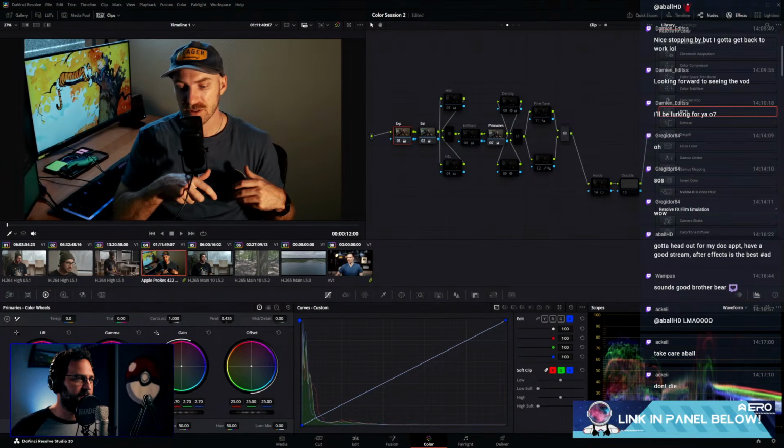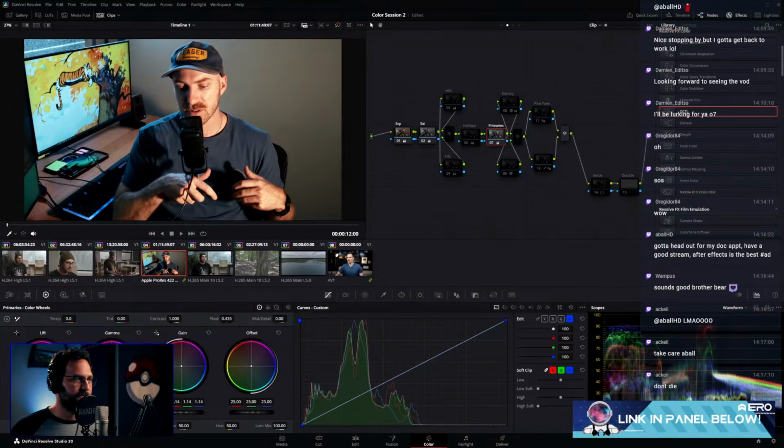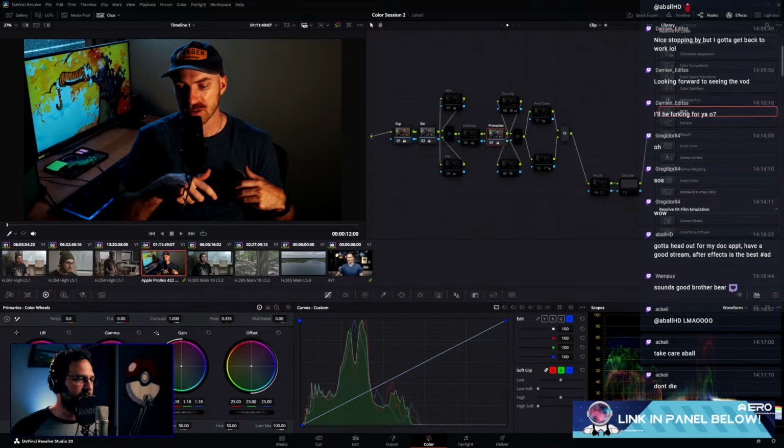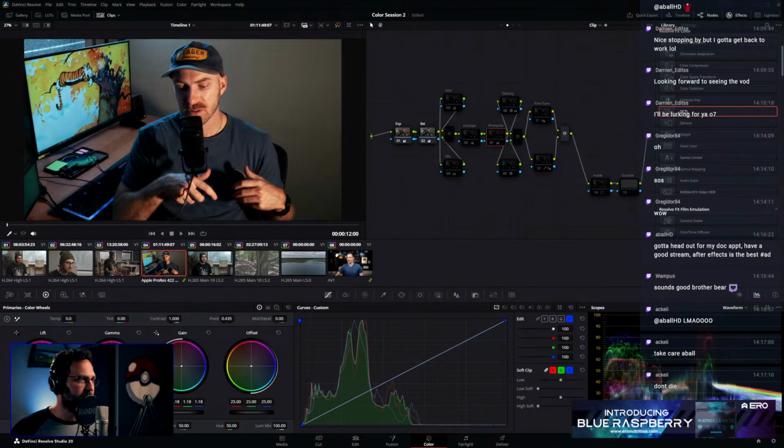Actually, I need to bring this up more. So I have my exposure in place, and I have my balance in place here, to where I get something somewhat normalized. And now I'm building the contrast here. Probably bring my gain up a little bit, maybe not that far. But now the gain and gamma and lift thing, if I'm going back and forth and doing this quickly, I wish I had a track thing to really emphasize this. But like